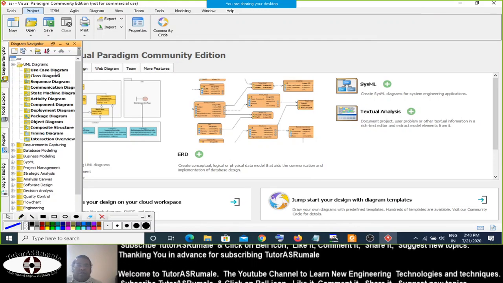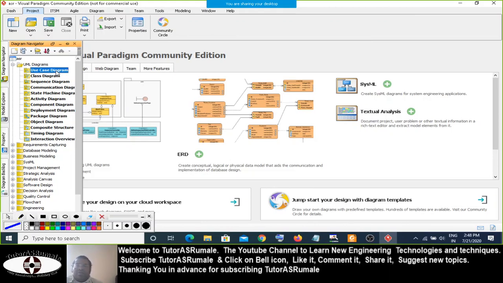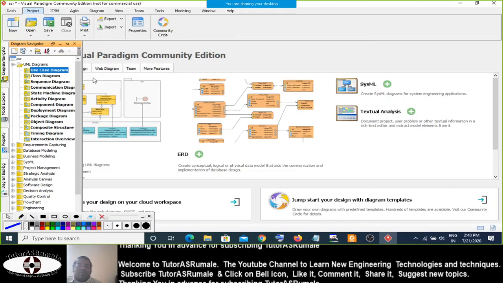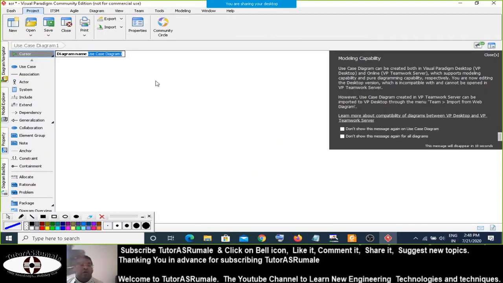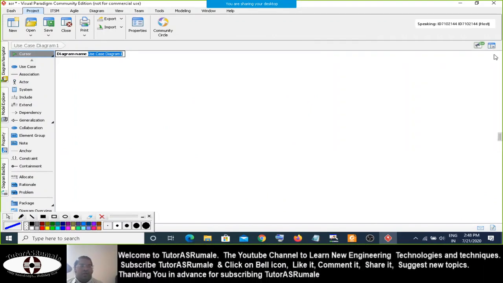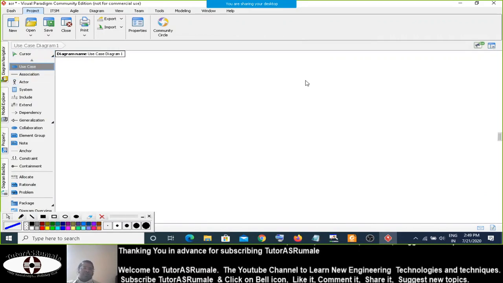If I want to create the use case diagram, just select this, right click on this, and say new use case diagram. It will automatically open this. These are the tool tips that I'm not reading out. Here you have the use case, and it is simply drag and drop.